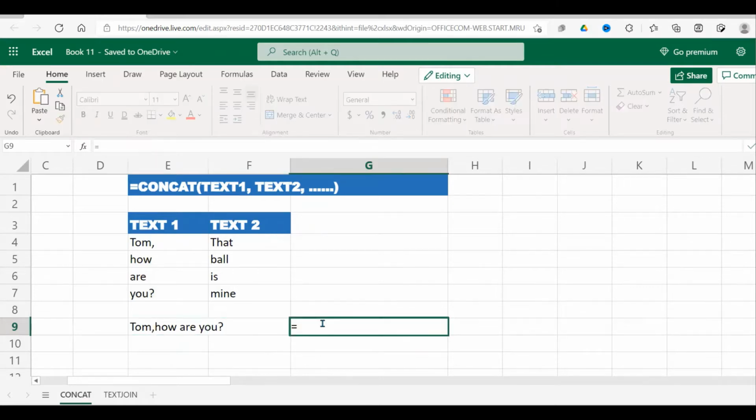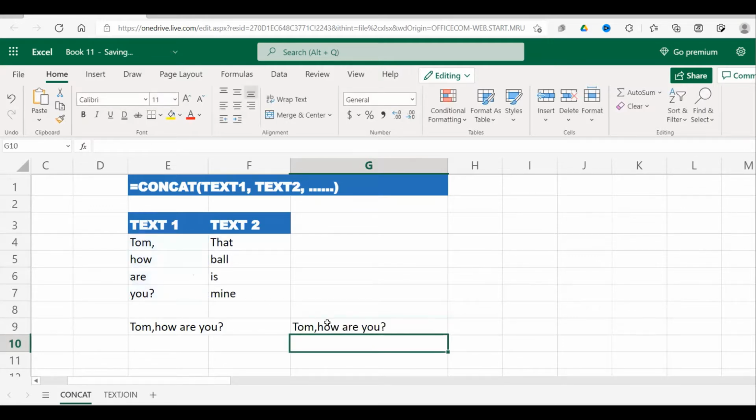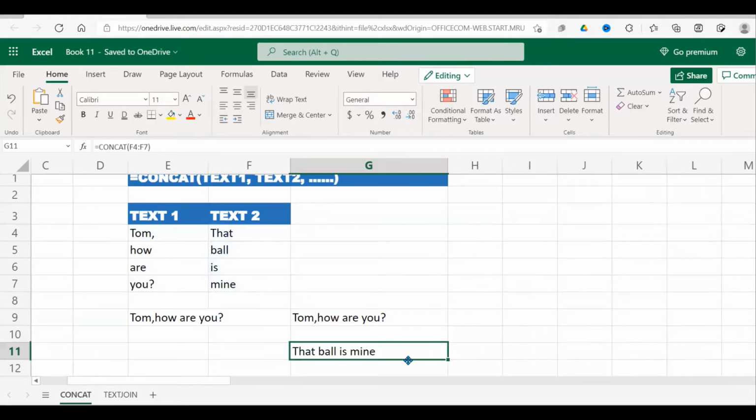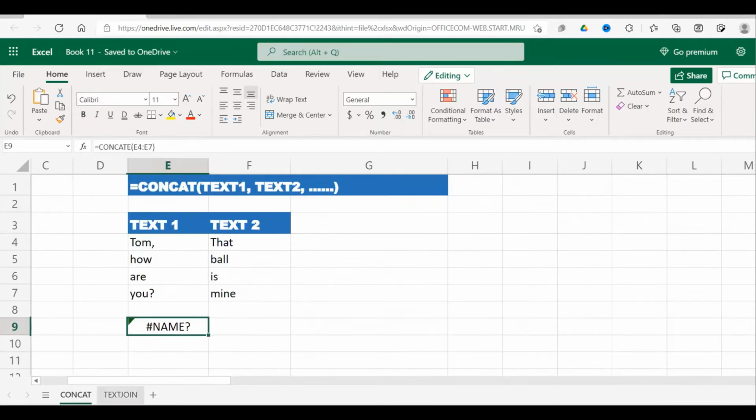Let's try it again here. Concat function. If I try it like this, does it work? Yes, it does work. Remember, this is the newer version. If you have an old Excel, you'll not have this concat function.